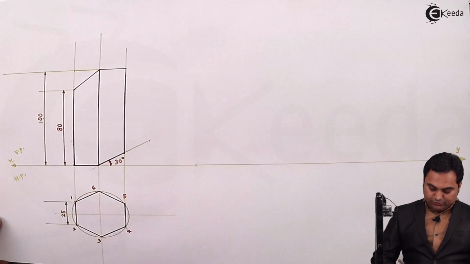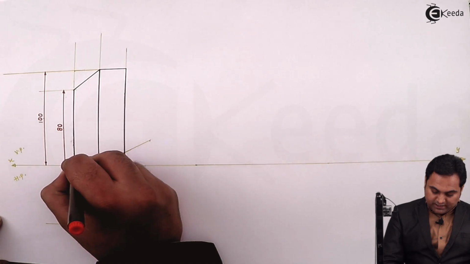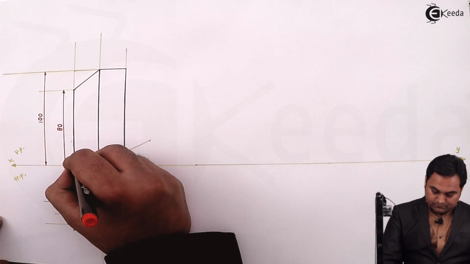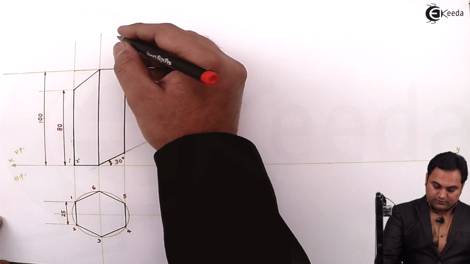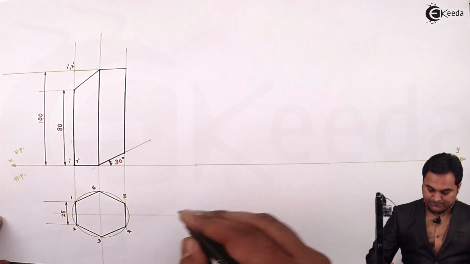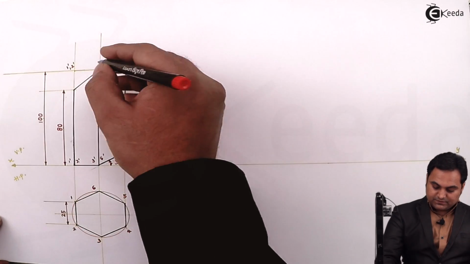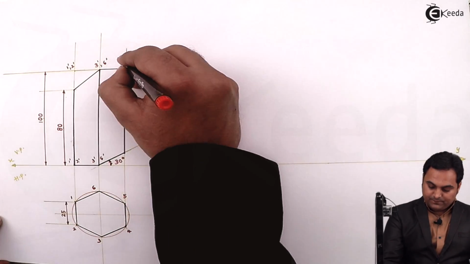Similarly, when I project it into the front, here we have 1 dash and 2 dash, then 1 dash and 2 dash at top as well, then 3 and 6, 3 dash and 6 dash, 4 and 5,